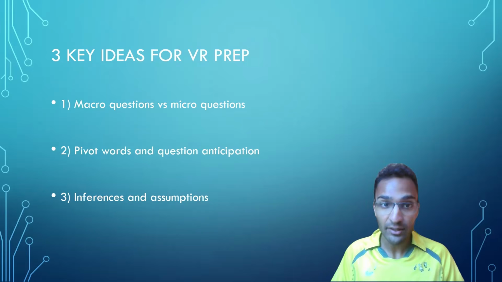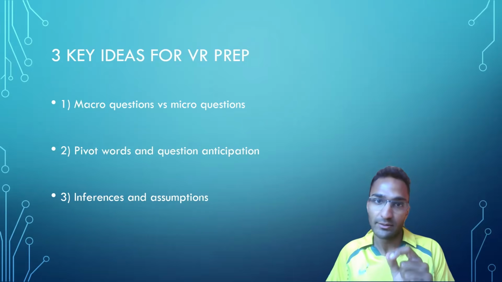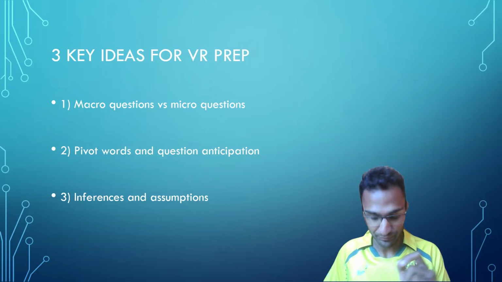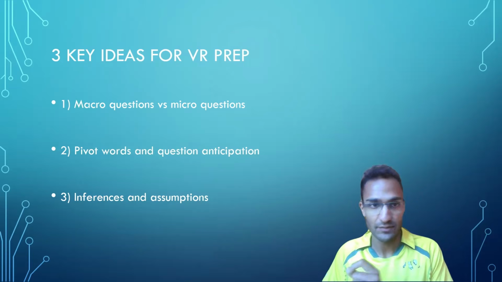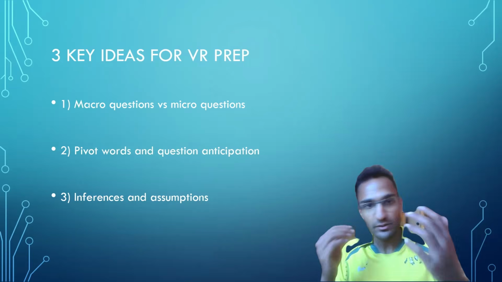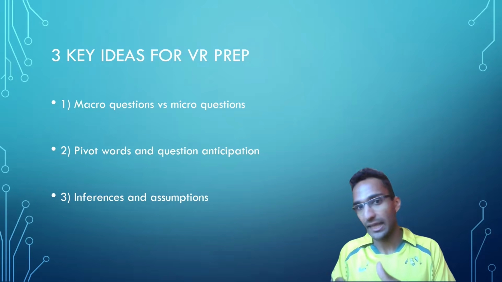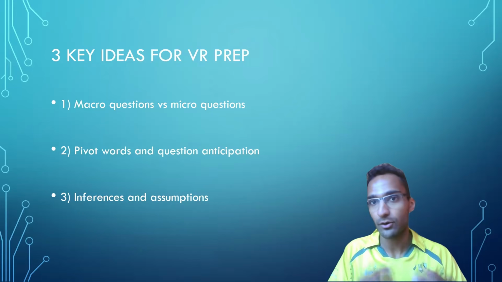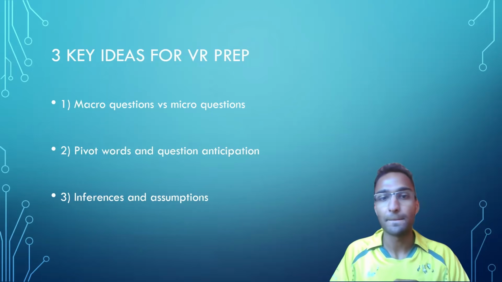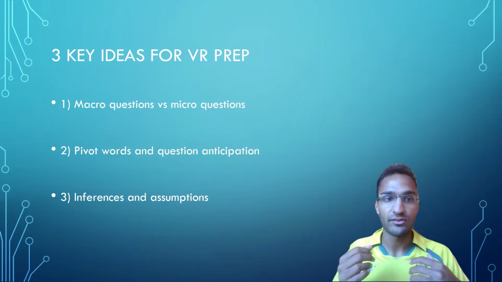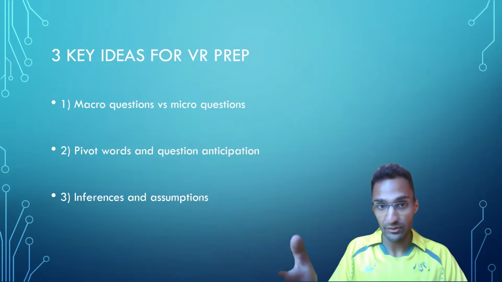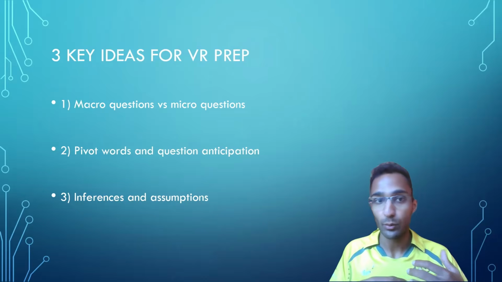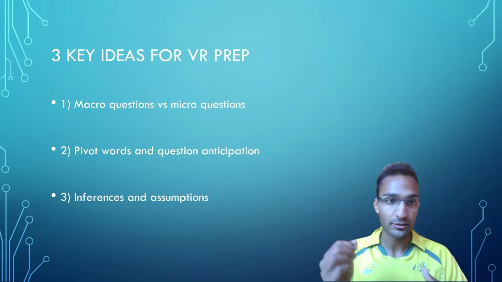versus the questions that really require very specific detail and can be pinpointed to a specific line. Often the correlation would be that things with keywords are to do with the micro and without keywords are to do with the macro, but that doesn't quite fit the whole time. The practical tip here is if you see a new question, try and get the vibe whether it is a macro question or a micro question.